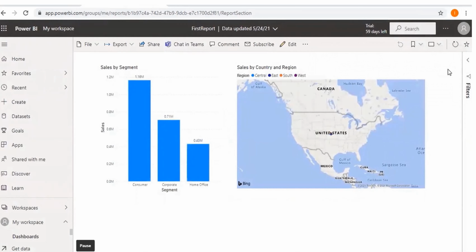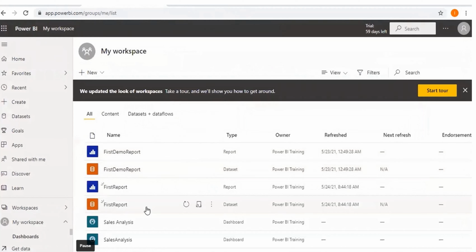Okay, so now the beautiful thing about a dashboard is we can pin the visuals into a single dashboard from different pages, even from different reports. We can pin the visuals into a single dashboard. Okay, so now if we go to the dashboards, we go to My Workspace once again, and if we find